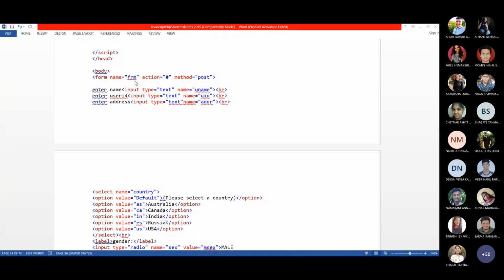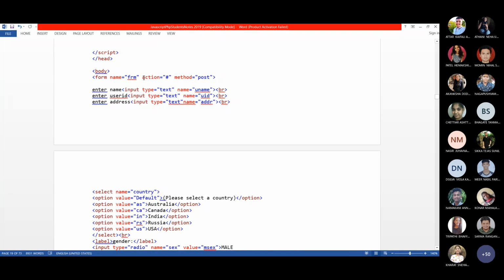Because the first form may have a username and the second form also may have a username. Or the first form and second form both may have a text box. Whatever it is, you have to uniquely identify. So that you have given a form name. This form name is FRM I have given. You can give any name. This is a user defined value.